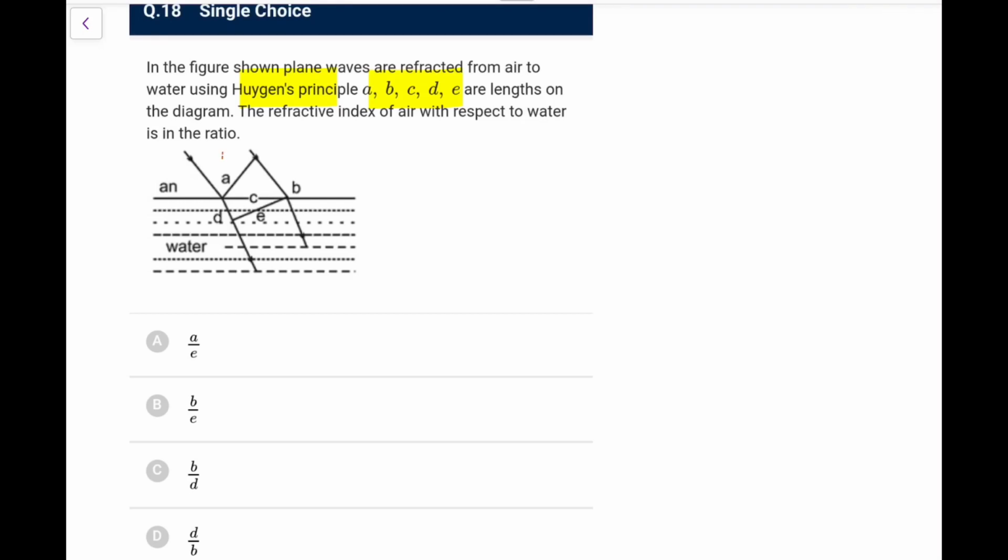So here just remember, this angle is i. So going by the logic, this will be i, and similarly this angle is r, and again by the logic this is r. So what you have, 1 into sin i is equal to n into sin r, or you can say this is n of water with respect to air. So n of water with respect to air is sin i by sin r. Now what is sin i in this triangle?